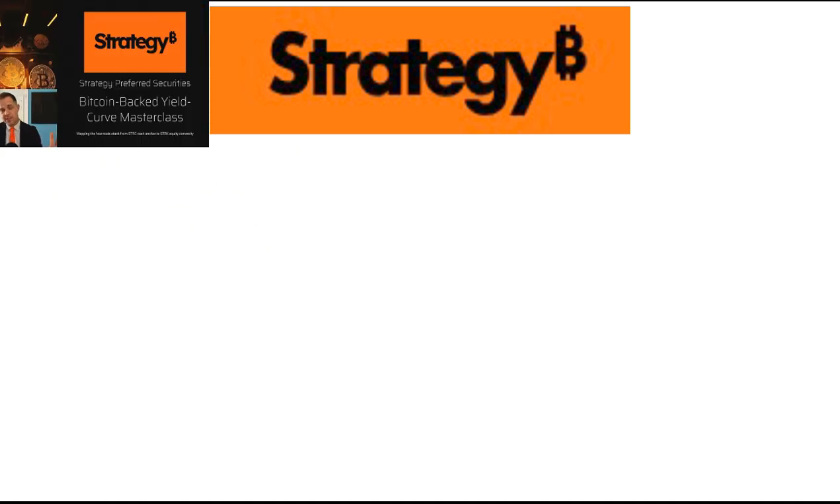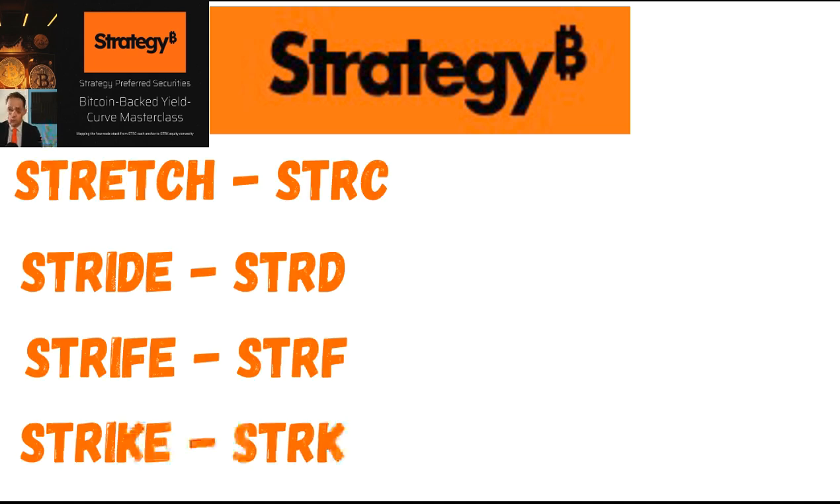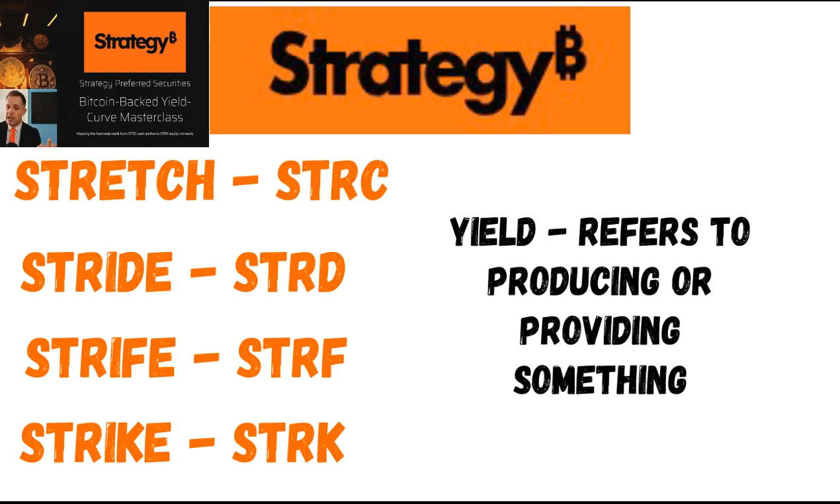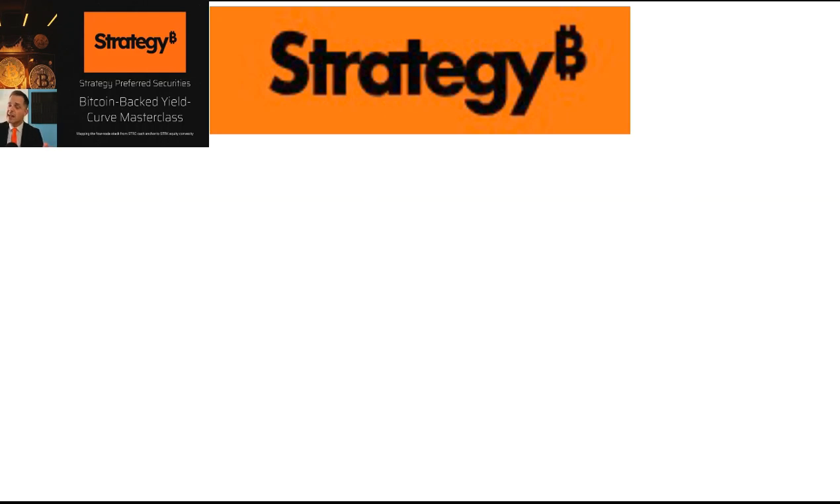So on this deck, I have four preferred instruments. We have Stretch, we have Stride, we have Strife, and we have Strike. Together, they give investors a very precise menu of yield, duration, and Bitcoin exposure that simply didn't exist before. In the next 9 slides, I'll walk through each instrument in detail, who it's designed for, from cash-focused treasurers to total return funds, why its coupons